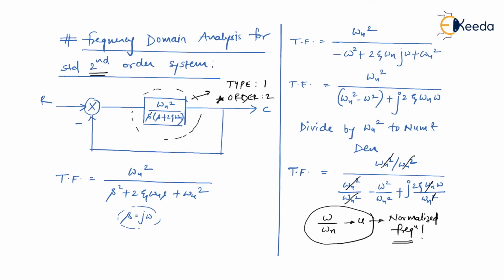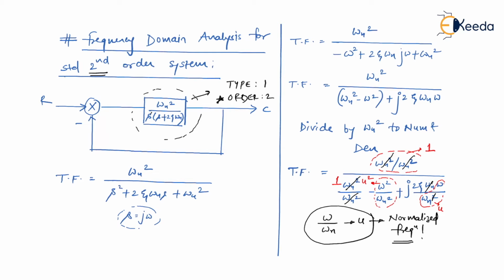Now, what do we get over here? Look at the numerator. The numerator has become 1, isn't it? This omega n square got cancelled, so we have 1 here. Then look at this, omega square upon omega n square. You know that omega upon omega n is u, so definitely the second term becomes u square. So it is like 1 minus u square. Now what is remaining as the imaginary part? Again we have omega upon omega n here, so this will also give another term, that is u. So in the denominator, the real term is 1 minus u square, plus the imaginary term j 2 zeta u, isn't it?